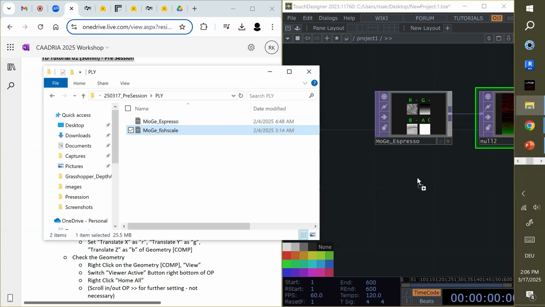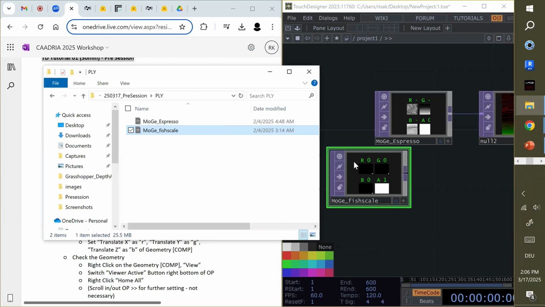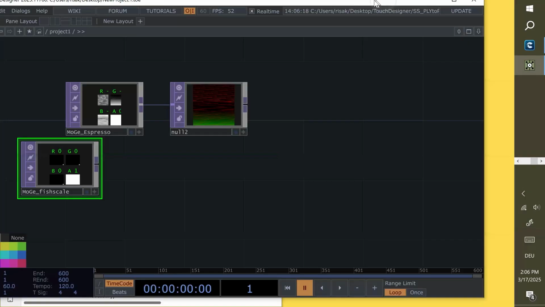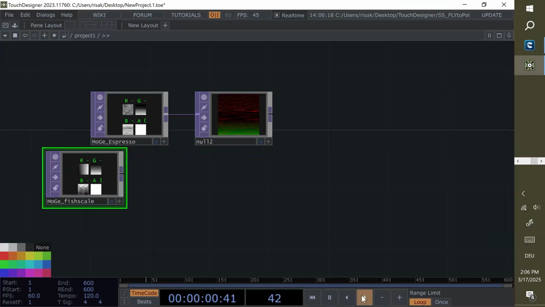You drop this PLY file into this space, and there's no information here. If you run, you have some information here.